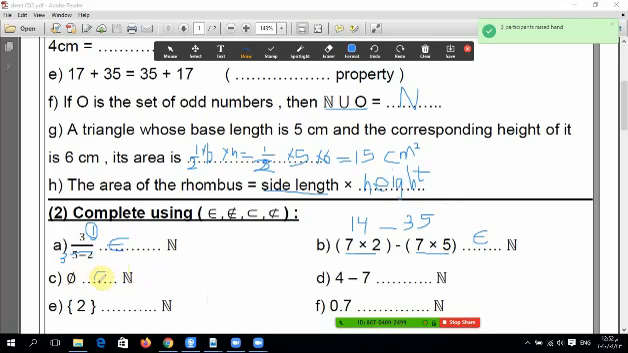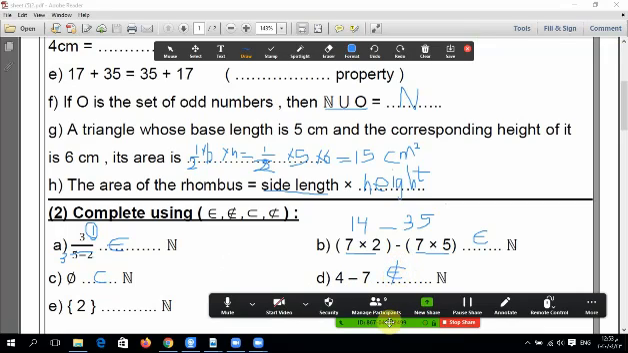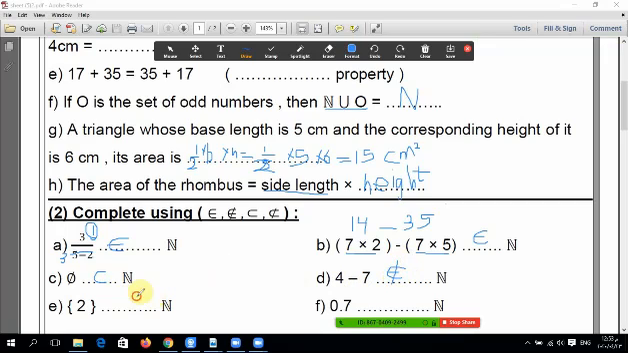Lamis, phi and n. Subset. Adham, 4 minus 7. Not belong. Yusuf, subset. Abdullah,